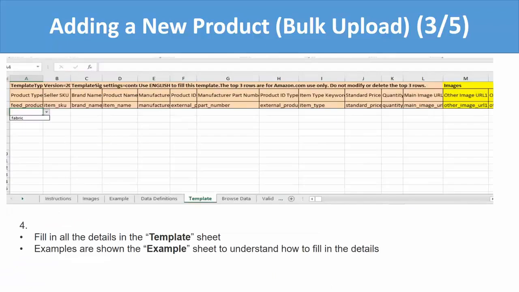Once we do that, we'll get an Excel file similar to the guidelines that I described in the previous section, which is adding a new product in a single upload. It would be exactly the same here, but you would have to enter it in the Excel file. And again, you can just drag and drop where you have to copy the things. Again, in the Excel file, you have to put everything in the template sheet and not in any other sheet. You can take an example by clicking on example sheet. You can understand what is supposed to be filled in every cell